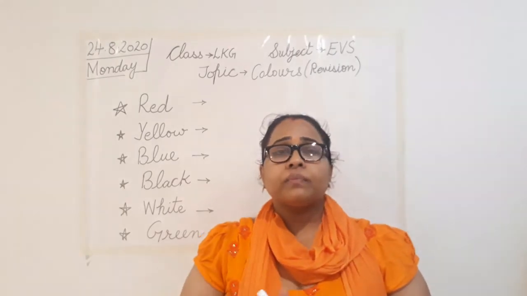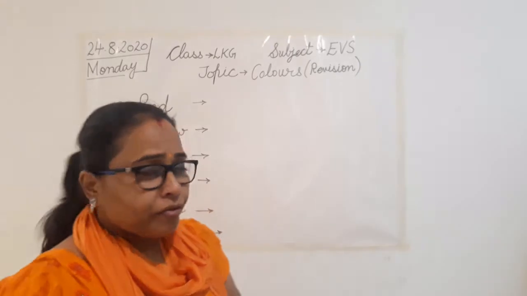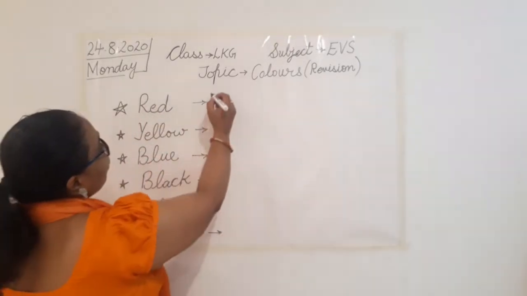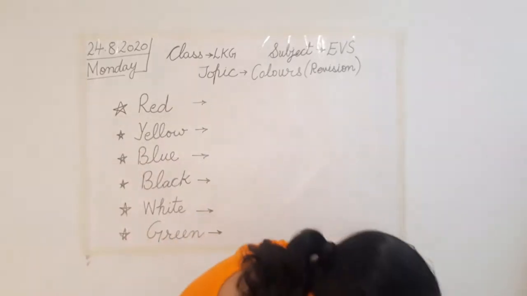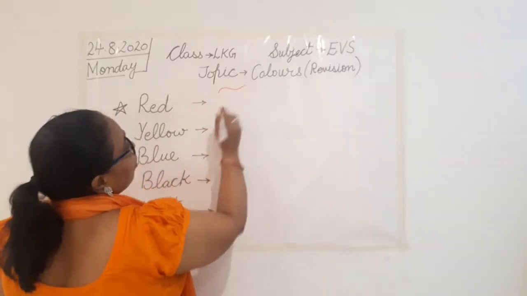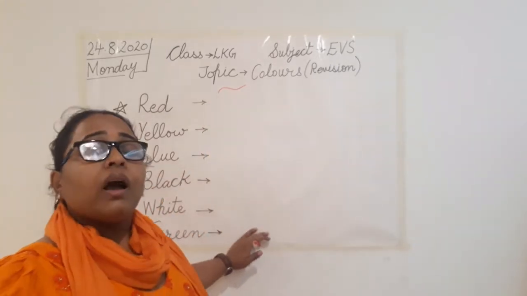So what do you want? We'll draw cherries. Yes, so cherry is a fruit that is red in color. So what we'll do? We'll draw two cherries. I'll take red color pen here. So how you will draw? First draw a wavy line. So you all know how to do this.